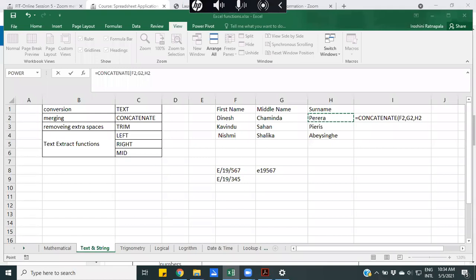Okay, not correct. Why are you saying it's not correct? What's the alteration or what are the changes that I should make?